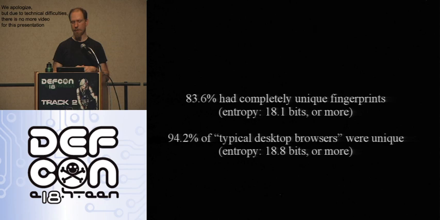Turned out people were really unique. 84% of the browsers that came to our test site were unique completely in the data set. If you split the data set up and say, let's just look at the browsers that have either Flash or Java installed, and that's the relevant set if you're talking about desktop browsers, your uniqueness rates go up